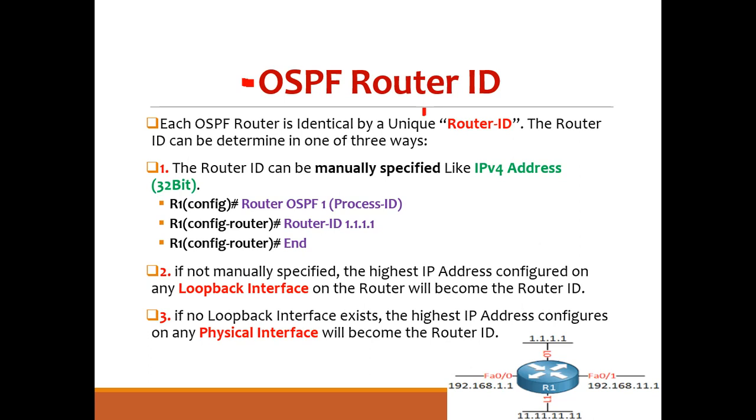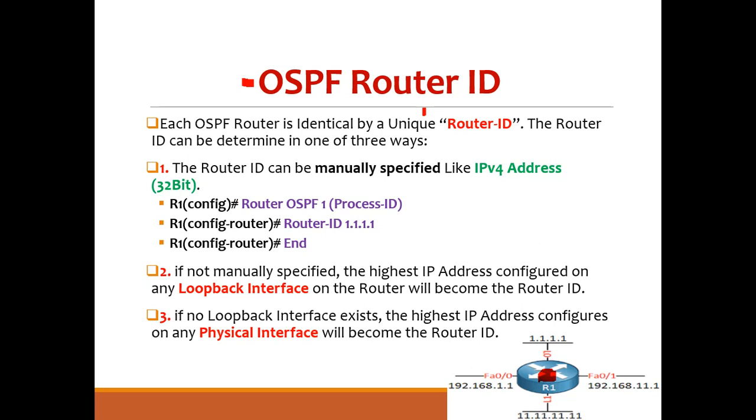Okay, and the router ID of the router must be different and unique in the network. Suppose I have one router. If I want to identify this router in the network, they identify the router with the router ID, not with the IP address, because suppose I have this router, and on it I have 4 interfaces and 4 IP addresses on those different interfaces.